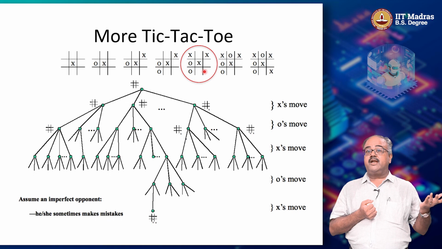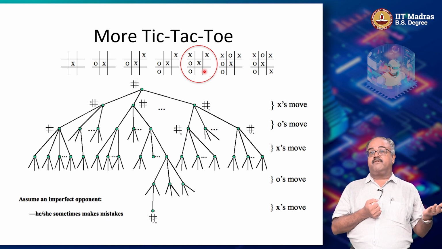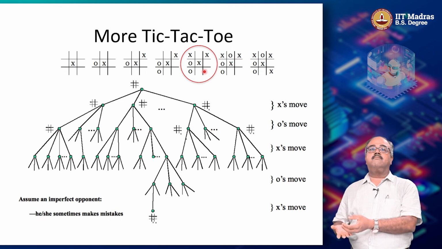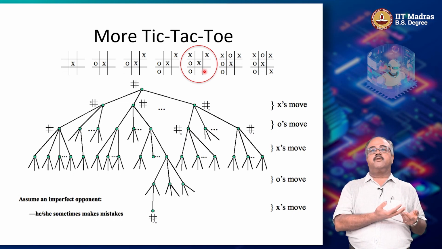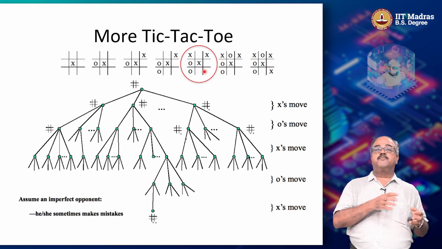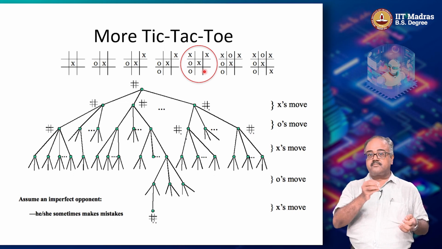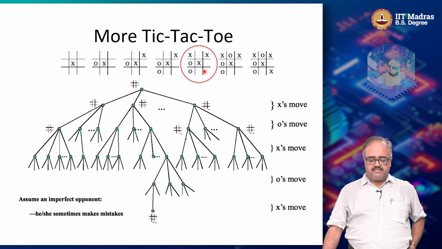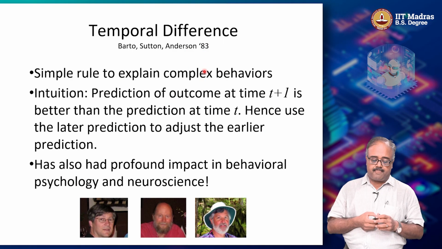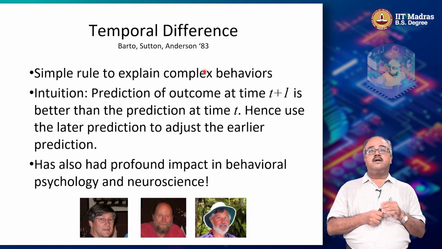So when we looked at MENACE, it didn't do a temporal difference method, right. It waited till the game ended and then looked at the actual outcome and used that to change your probabilities. Well, now I'm saying that you don't need the actual outcome. You can change the probabilities just by looking at the predictions from successive time steps, right. So this idea is called temporal difference learning, right, and it was proposed first by